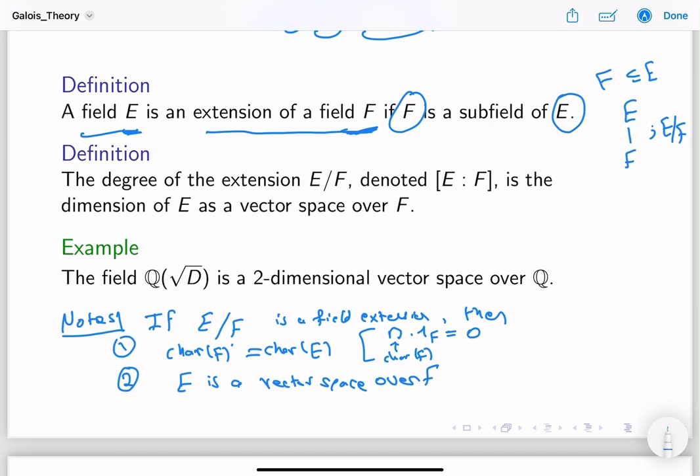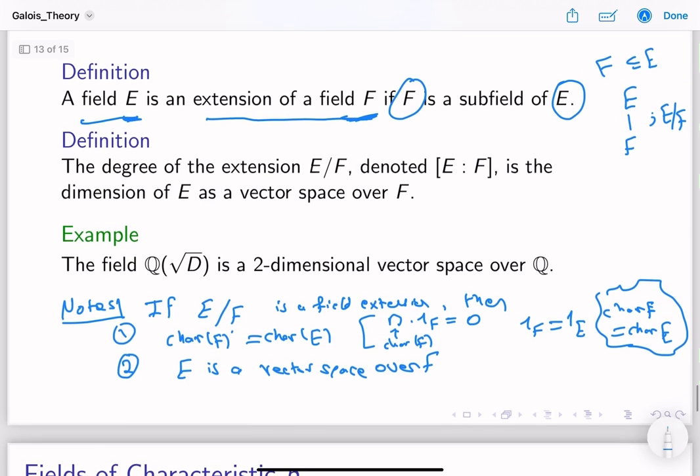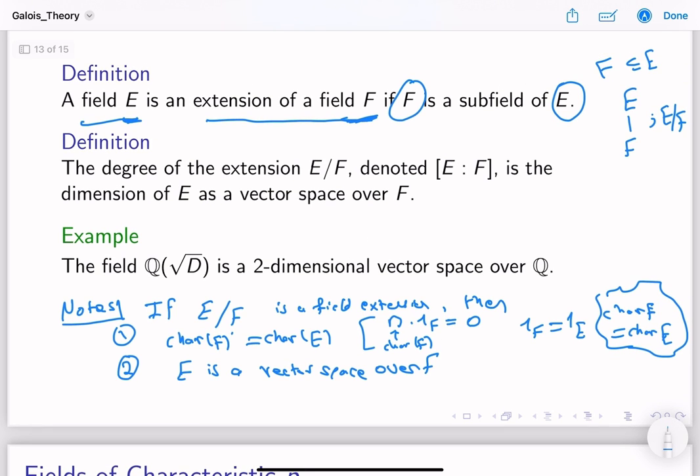But wait a sec, if F is a subfield of E, then 1F is equal to 1E. Thus the characteristic of F is equal to the characteristic of E. This is trivial, right? Because the same n is the n that works. It's the same n that is the smallest integer that makes 1E equal to 0. Alright, and the other thing I want to clarify here is that